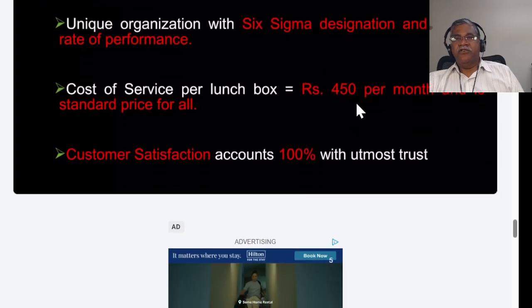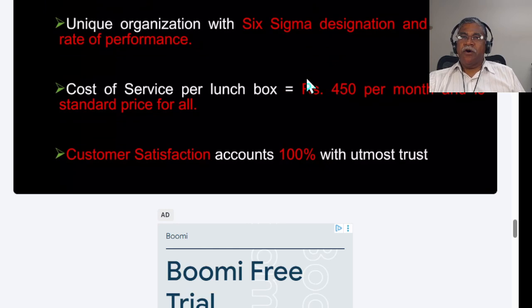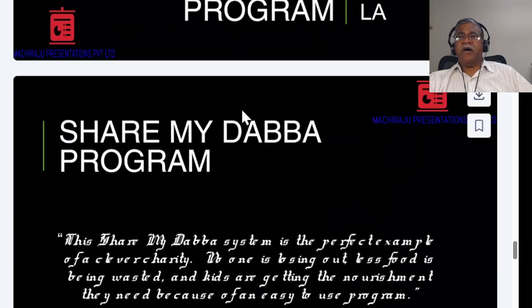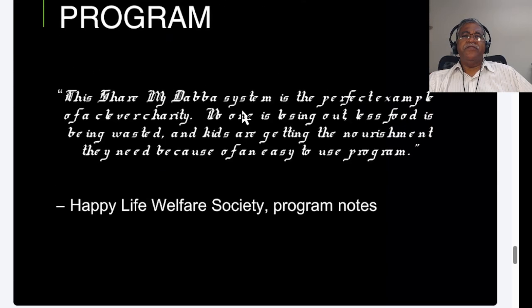Okay. Cost of service. So if I wanted to do this service, this is probably more now. Again, this is a little dated. 450 rupees a month is the equivalent of, I don't know, $5. Okay, but this is likely more, and customer service is 100%. Now they have done some other things. For example, if the food is not touched, if the guy says, "Hey, I don't want to eat it," when it comes time for the collection point, they have now partnered with a charitable organization that feeds hungry children and things like that.